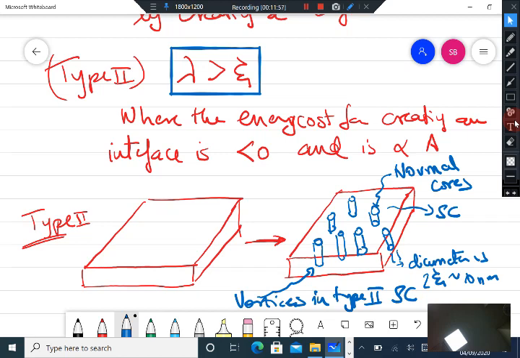The energy for creating this interface likes to become more and more minimum, so more and more vortices are generated inside the superconductor. Of course, it costs energy to create a vortex, and you are providing this energy by applying a magnetic field. So vortices are not just created like that, they are created by applying a magnetic field, because it costs energy to create a vortex. There is an energy cost because you have to suppress the superconductivity inside these normal cores, and that gain in energy has to come from somewhere. So the magnetic field that you apply helps to generate these vortices inside the superconductor. So this is the importance of type 2 superconductivity.